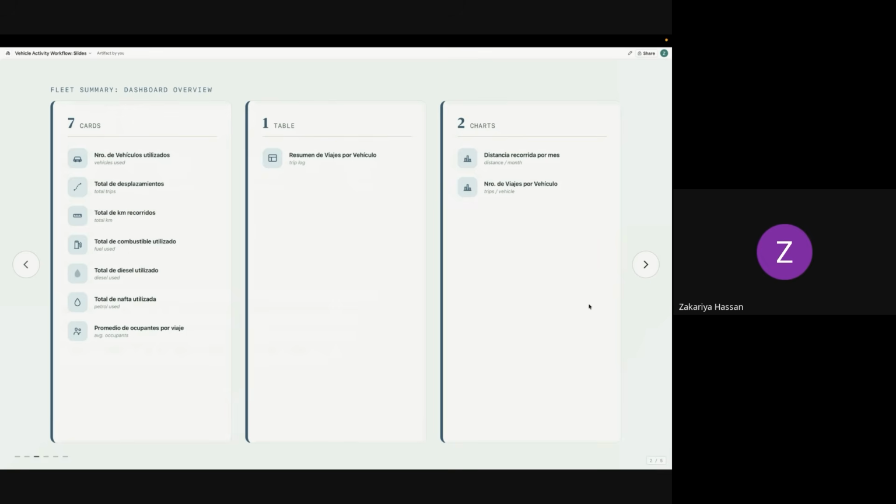Just to see what the dashboard entails, it is made up of 3 categories. The cards show the total aggregates of the entire fleet, such as the total number of vehicles, total trips, total kilometers covered, and etc. And we also have a summary table that shows the full trip summary. And then lastly, we have 2 charts that compare the total distance traveled per month and the number of trips per